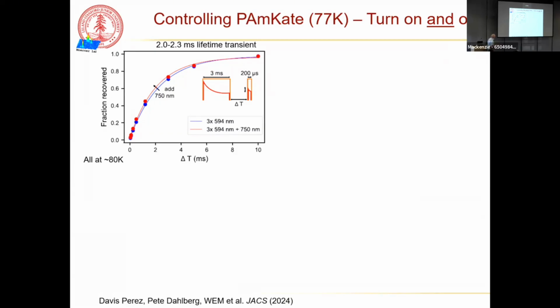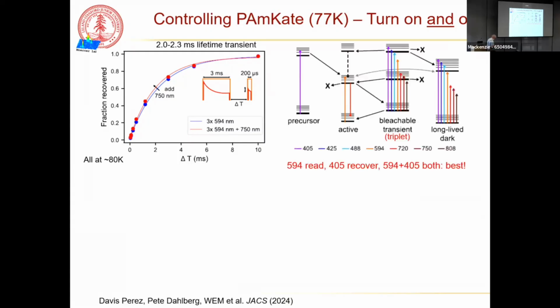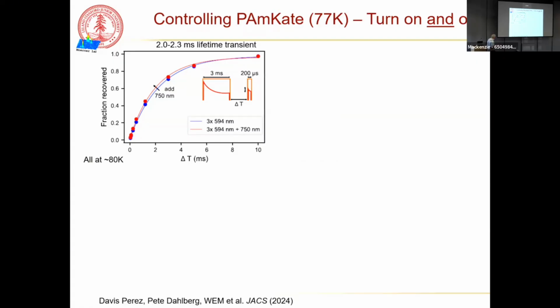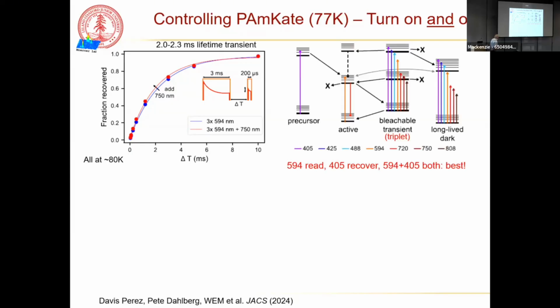So he started doing some transient experiments on the fluorophore itself and found that there's recovery of the emission on a time scale of about 2.1, 2.0, 2.3 milliseconds. So it's quite likely that this system has a similar type of triplet state as EYFP. And in fact, he explored this complex energy level diagram. I'll walk you through parts of it.